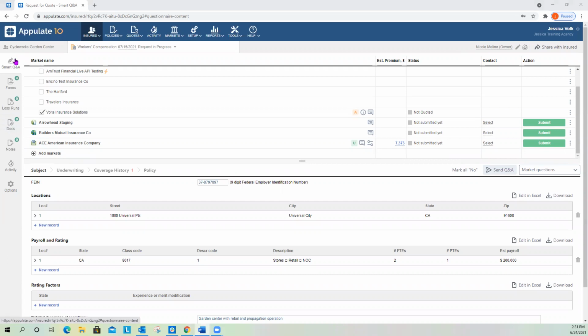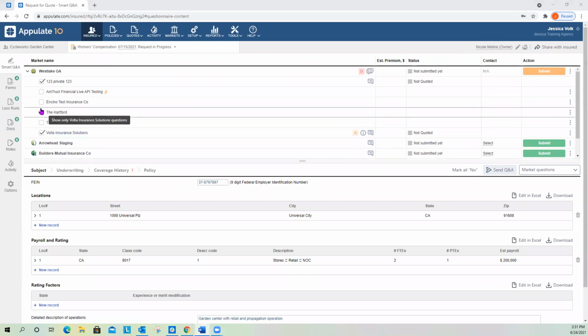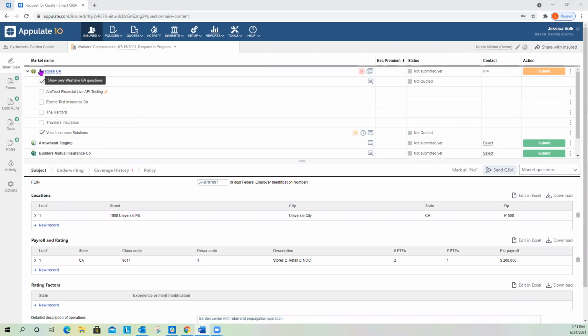So going back to the Smart Q&A tab, we're going to start working on our first submission. Our first market that we're going to look at today is Westlake GA. Westlake GA has this little clover image next to their name, and this represents an Appulate style submission. Appulate style submission markets allow you to complete the entire rate, quote, and bind process for that market entirely within